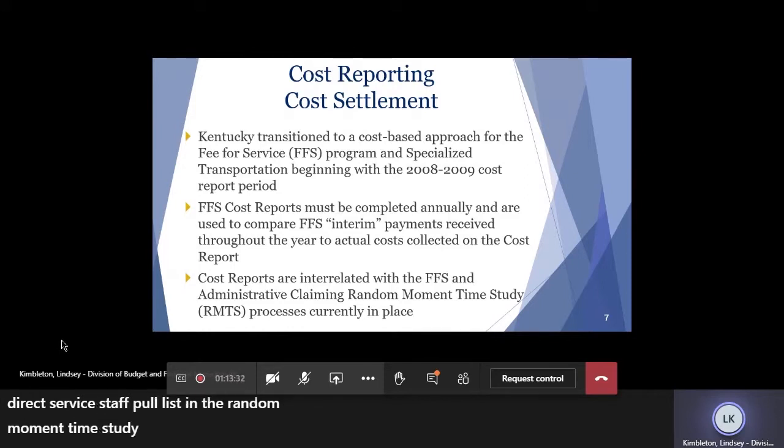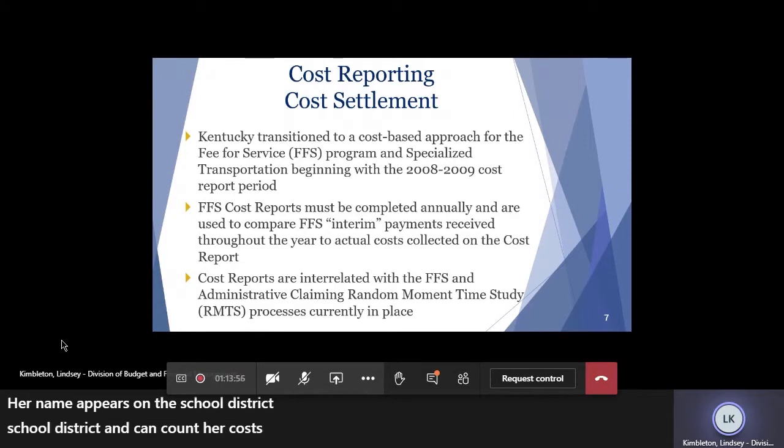The following year, it's time for the district to complete the annual cost settlement. KDE supplies the cost settlement vendor, otherwise known as Fairbanks, a list of all the practitioners included on the direct service staff pool list in the random moment time study. Since Sally was listed correctly in the direct service staff pool list, her name appears on the school district and can count her cost.